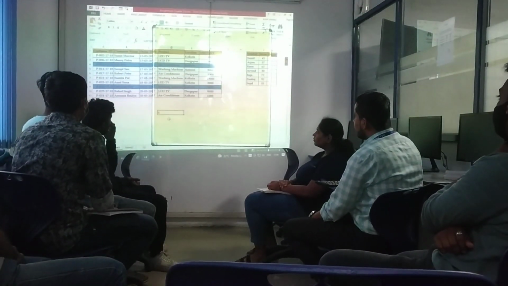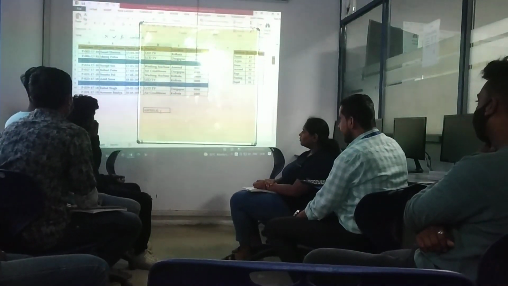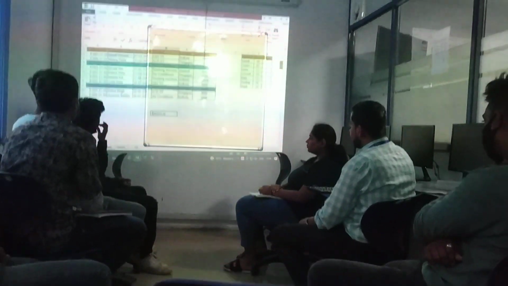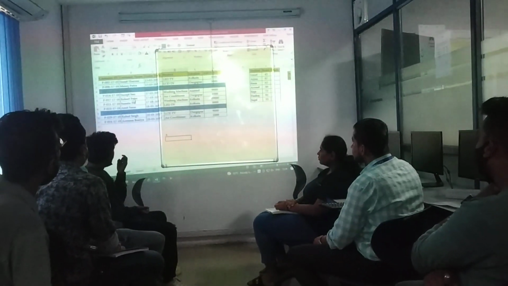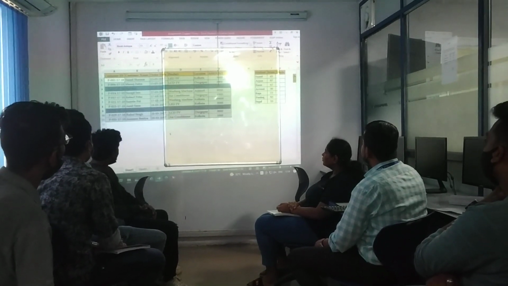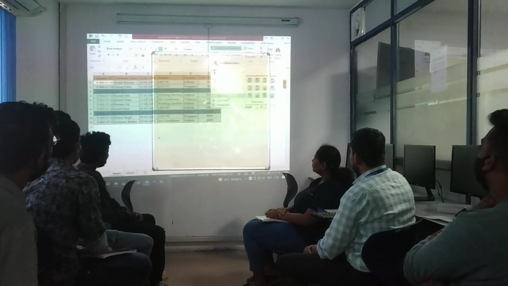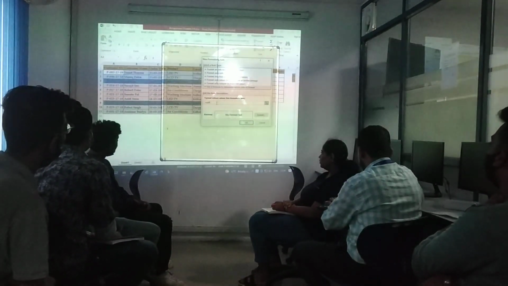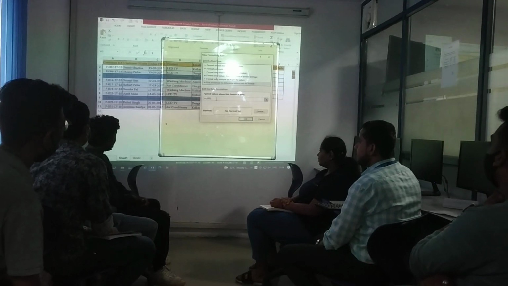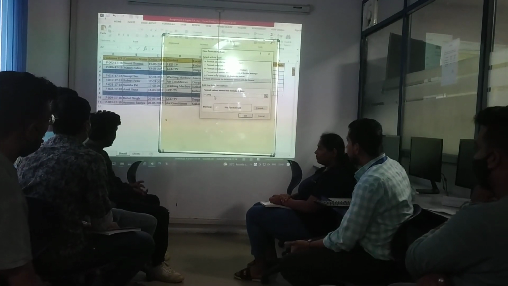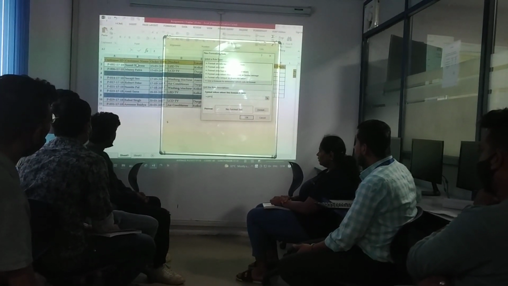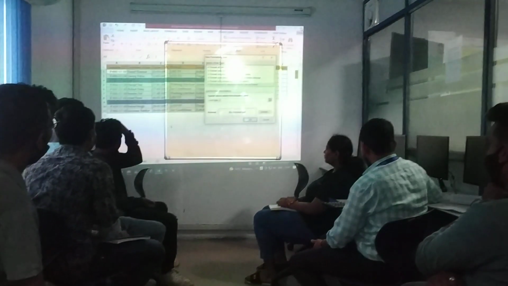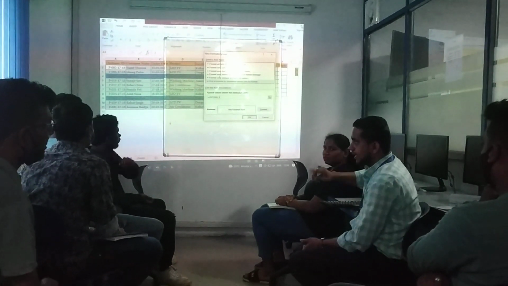So the same formula we have to use in the conditional formatting. I have to select this data. Conditional formatting, new rule, use a formula to determine. Is equal to LEFT, bracket open. Then we have to select the first cell, column fixed, row open, comma, 1, because we need only the first character.